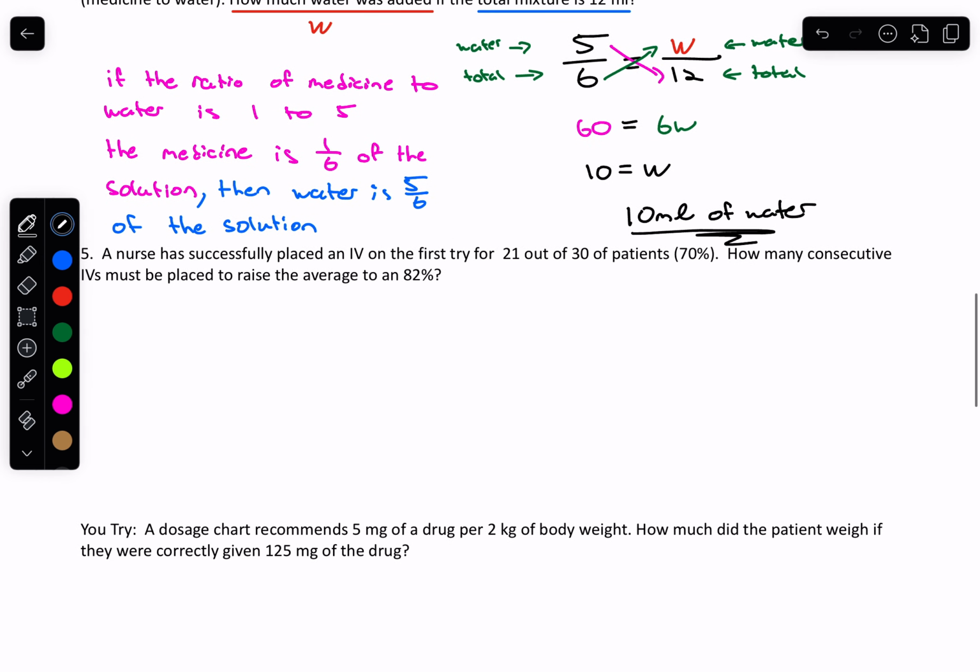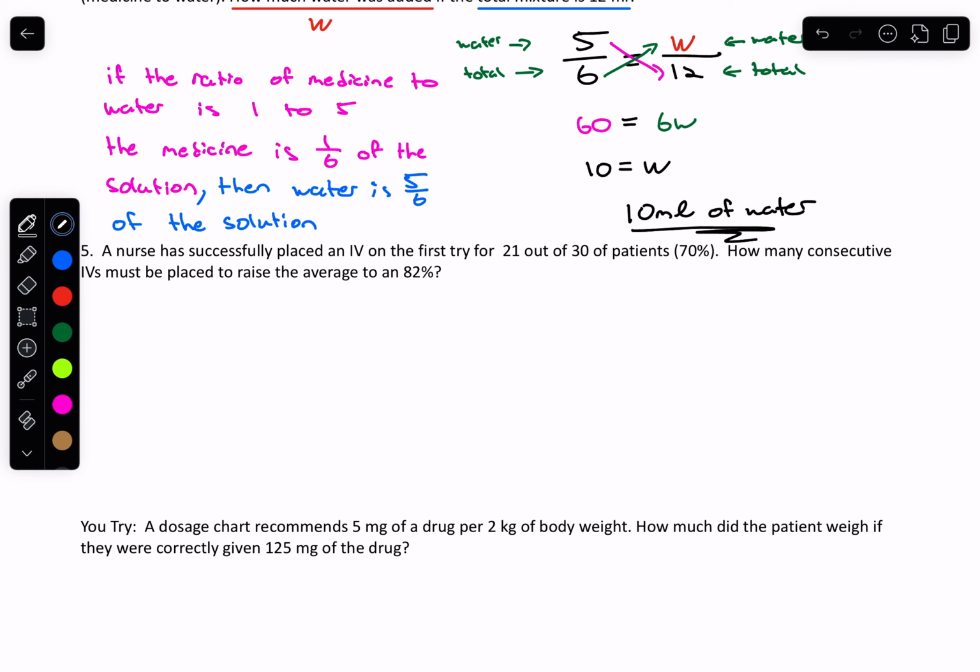All right, number 5. A nurse has successfully placed an IV on the first try for 21 out of 30 patients. How many consecutive IVs must be placed to raise the average to an 82%? All right, so the nurse has so far placed an IV correctly in 21 out of 30 patients. So we have a ratio there